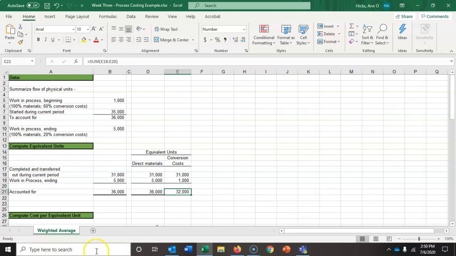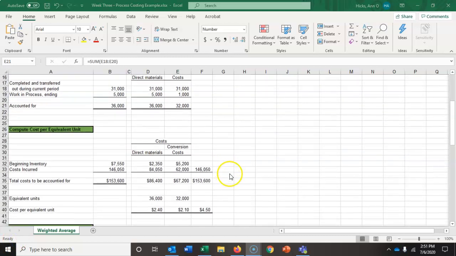Step 1 is completed. Step 2 is to compute our cost per equivalent unit. Keep in mind, our ultimate goal is to assign costs to our units. Therefore, we need to have a cost per unit in order to do that. Now, what we need to know then is what were our costs. Beginning inventory, we have